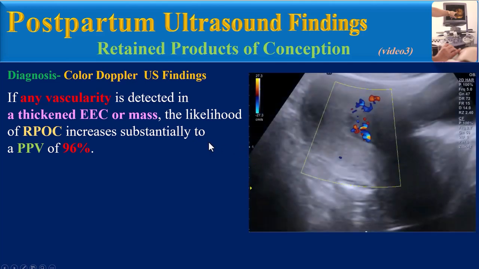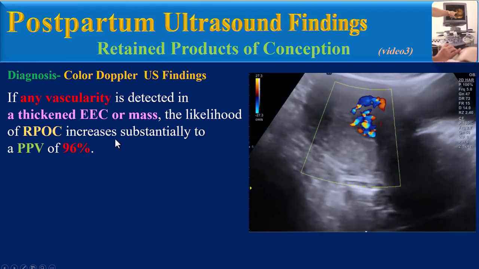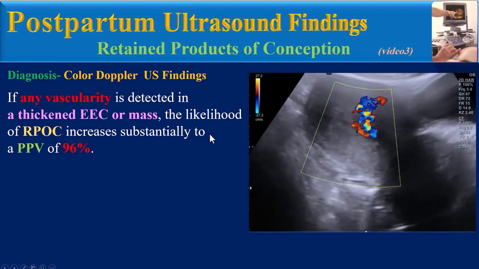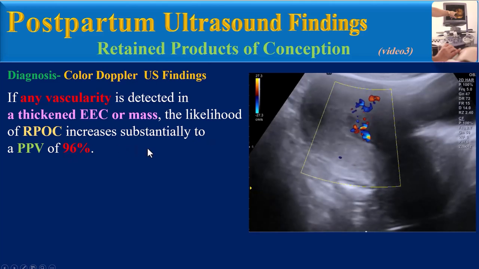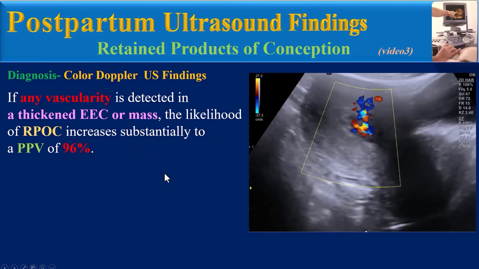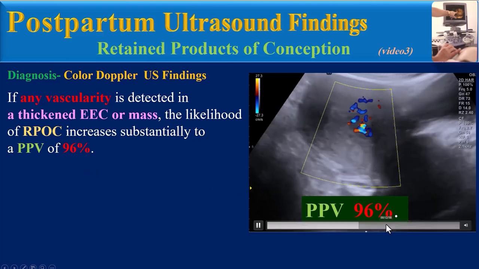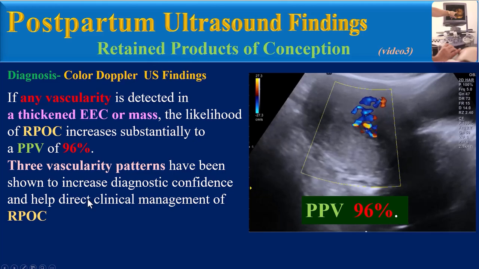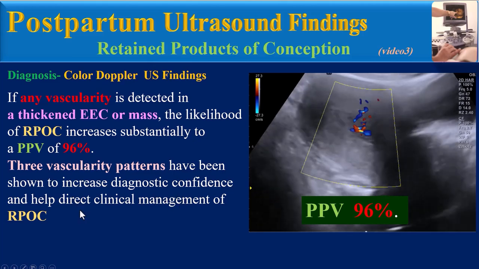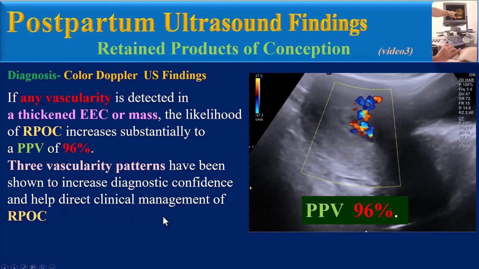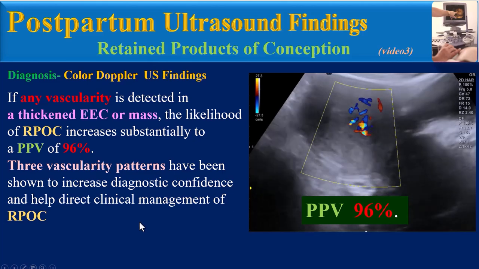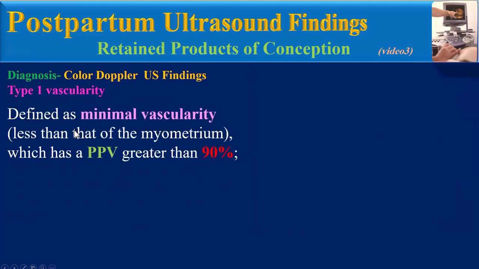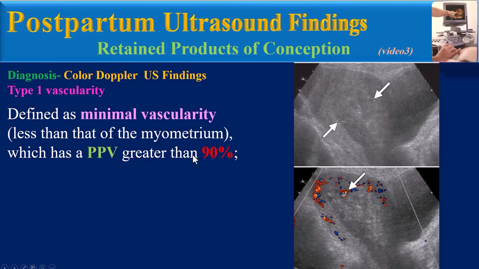If any vascularity is detected in a thickened EEC or mass, the likelihood of RPOC increases substantially, to a positive predictive value of 96%. Three vascularity patterns have been shown to increase diagnostic confidence and help direct clinical management of RPOC. Type 1 vascularity, defined as minimal vascularity less than that of the myometrium, has a positive predictive value